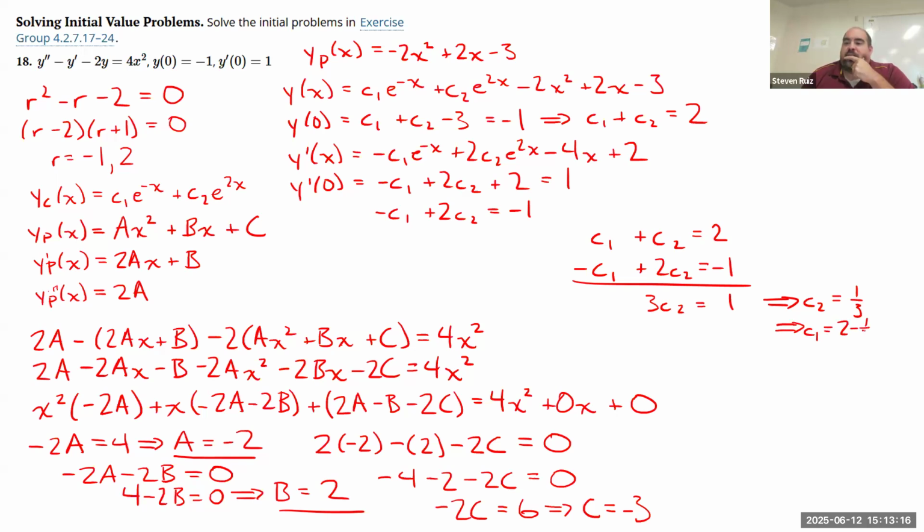c1 equals 2 minus 1/3, which will be 6/3 minus 1/3, so 5/3. All right. And I think we're done. All that is left to do is to,